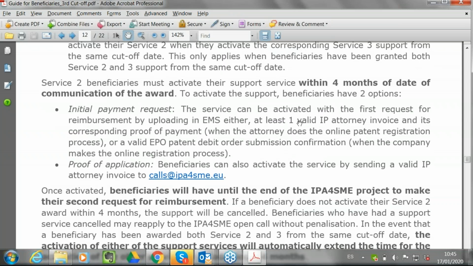To activate, so to make the first payment request, you have 2 options. Initial payment request, the first one: the service can be activated with the first request by uploading either at least one valid IP attorney invoice and its corresponding proof of payment when the attorney does the online patent registration process on your behalf, or a valid IPA patent debit order submission confirmation when you make the online registration process yourself. This is the common or normal process, in which you have to go to the online patent registration process in the IPA,